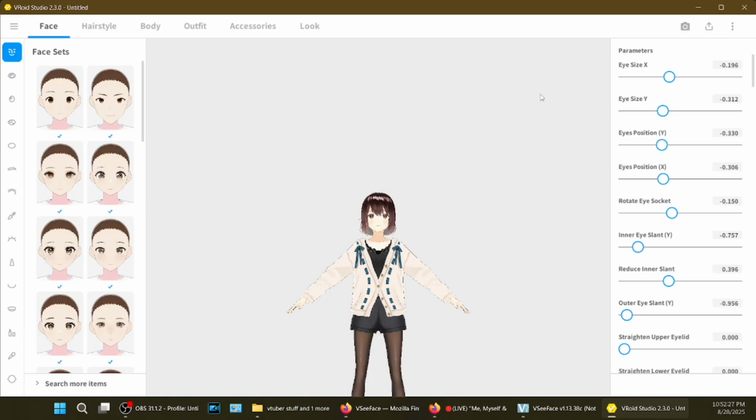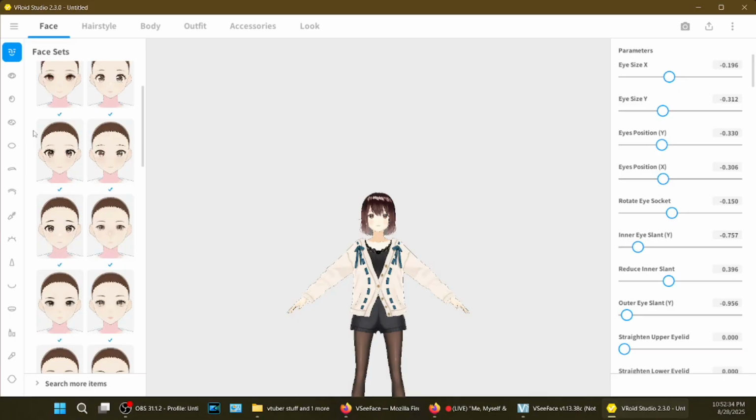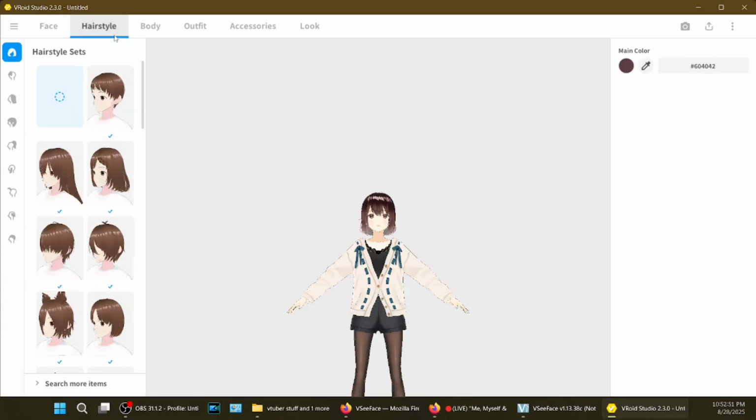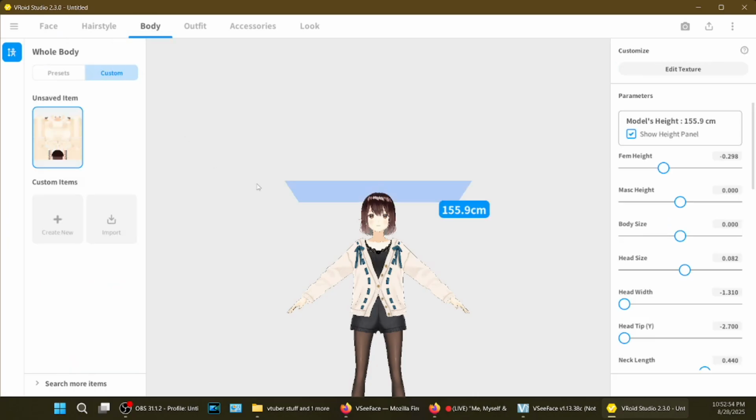All right. So go ahead and get familiar with all these things. Like you can set, these are preset faces, preset eyes, irises, eye highlights, sclera, eyebrows, eyelids, eyeliner, whatever. You get the gist of it. This is all for faces. And then you can go with your hairstyle, which you can customize. You can go through your body and customize that, et cetera, et cetera. Okay, we're just going to use the default girl here just because she's here, just so we can hurry up and